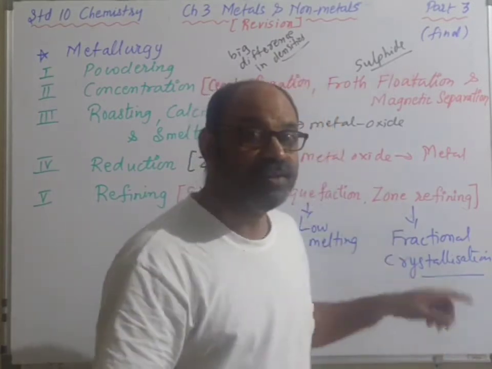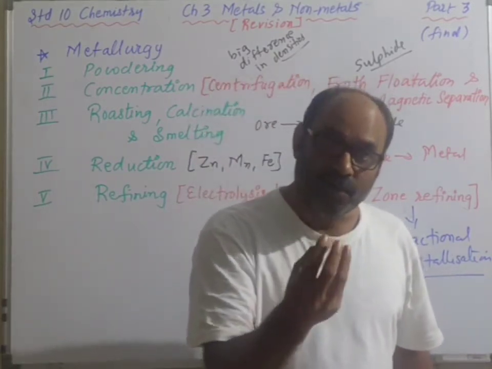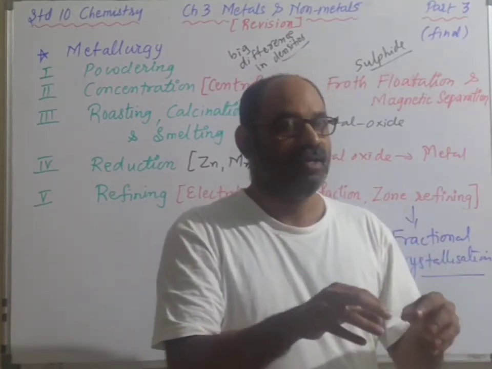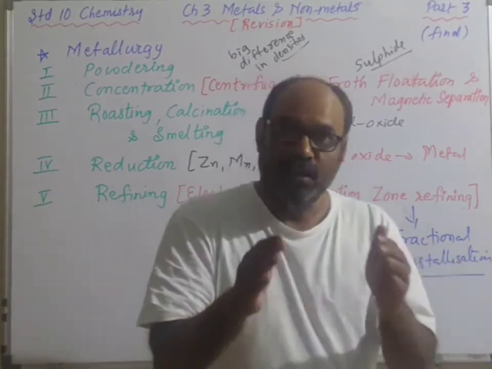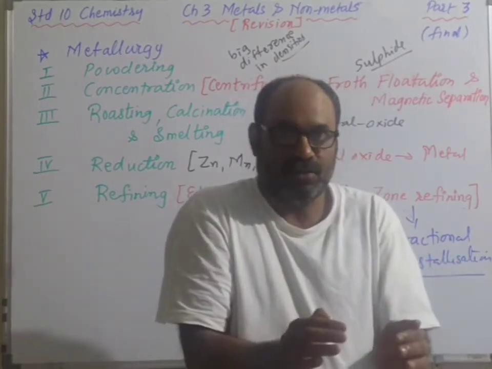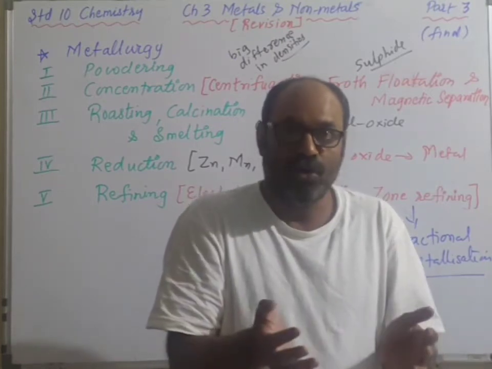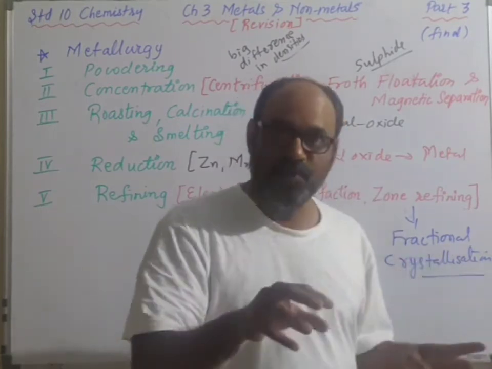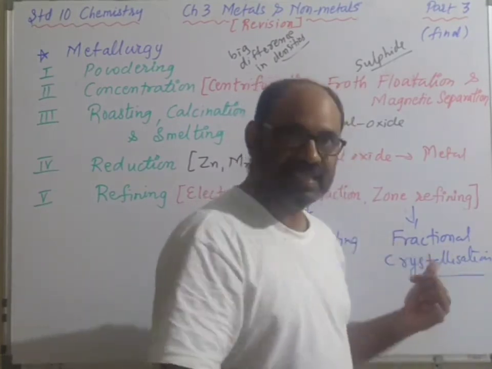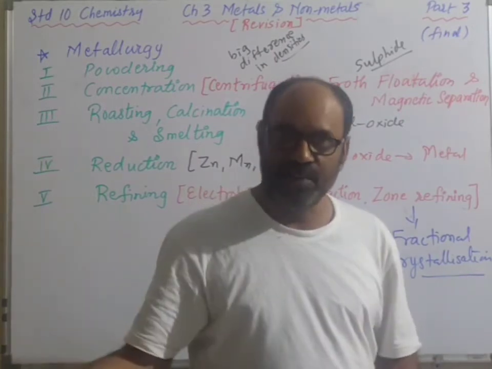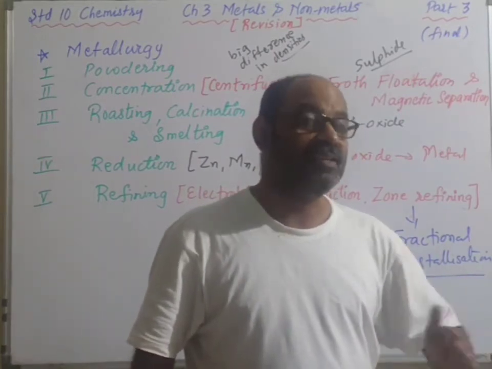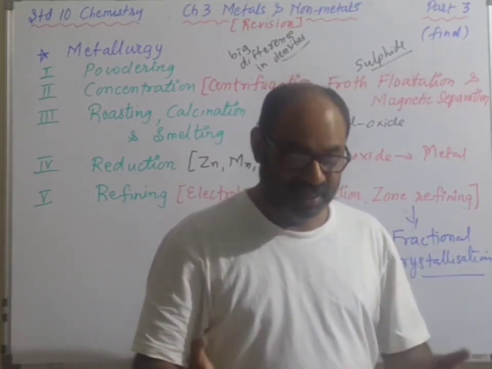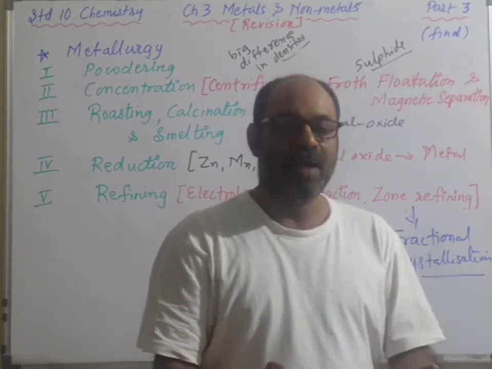Actually, there is a difference in the melting point of the impurity and the metal. So what happens? It is dissolved in solvent and then allowed to cool, but while cooling, the impurity cools faster and forms crystals, and these crystals can be removed, whereas the metal still remains in liquid form. So their melting points and boiling points are different, and as a result, once you melt them,